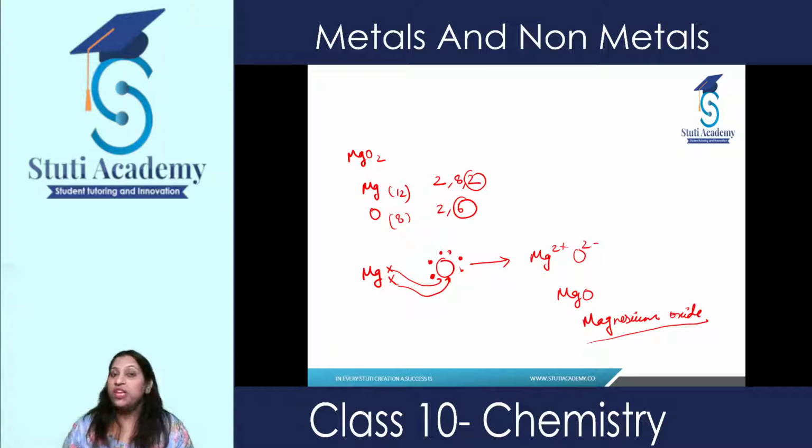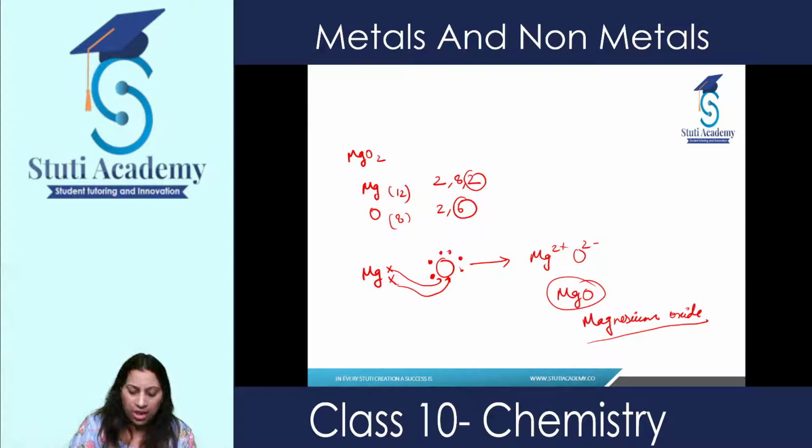So this magnesium oxide is a layer which is formed on the magnesium when it comes in contact with oxygen, and when we burn magnesium ribbon, we always remove this magnesium oxide layer so that we can easily burn it. So now these are the questions which are very important from the exam point of view. Apart from this, there are certain questions like,